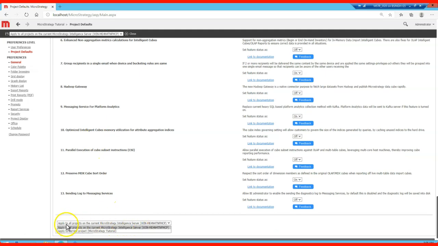There is also an option for the user preference settings we configure: whether we want them for the current project, the MicroStrategy Tutorial, or for all of the projects on my Intelligence Server. You can select this and then apply. Okay, so that's how you can configure it.